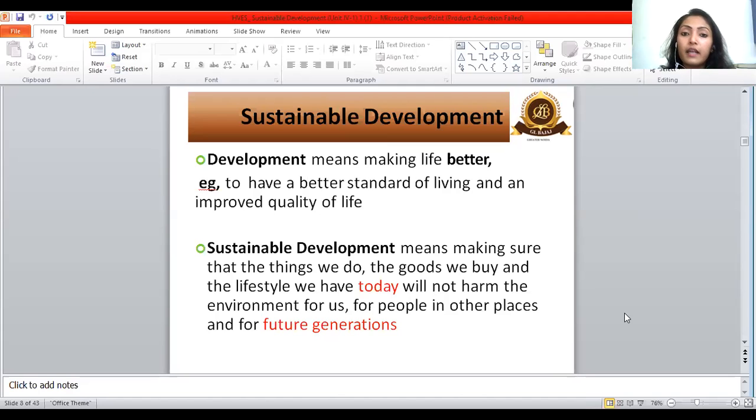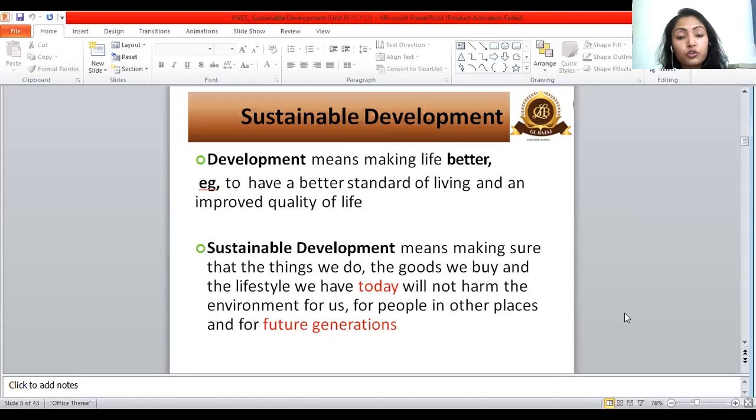I have very elaborately discussed the meaning of sustainable development because this is the base for upcoming sessions and discussions. Until you understand the meaning, you won't be able to understand the upcoming discussions, which are very in-depth, and the topics are also very in-depth. This topic is included in our discussion because already, on a very big platform at the global level, a lot of organizations are working on sustainable development practices.